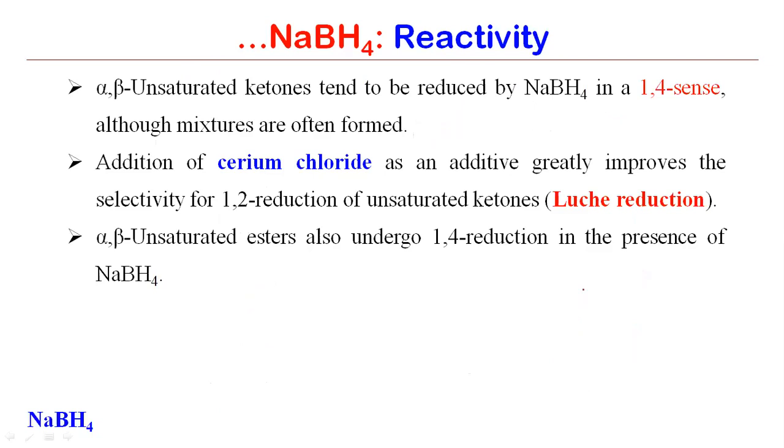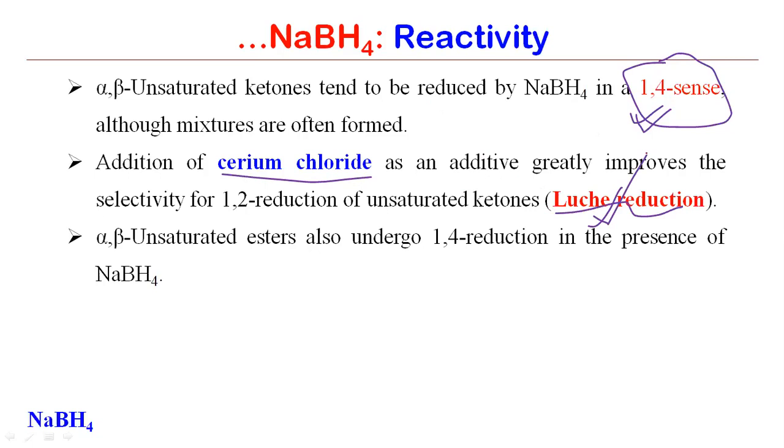So far we have discussed two things, that one is the carbonyl is getting reduced, and the reduction is there in 1,4 fashion. 1,4 reduction pattern is there whenever we are using sodium borohydride alone, if alpha beta unsaturated carbonyl compounds are there. But we have a condition when we are using cerium chloride together with sodium borohydride. We are adding this cerium chloride, CeCl3, with sodium borohydride. Then we have found that the pattern is very much different. And this reduction is actually known as Luche reduction. And this is very famous reduction actually, for the reduction of alpha beta unsaturated carbonyl in 1,2 fashion.